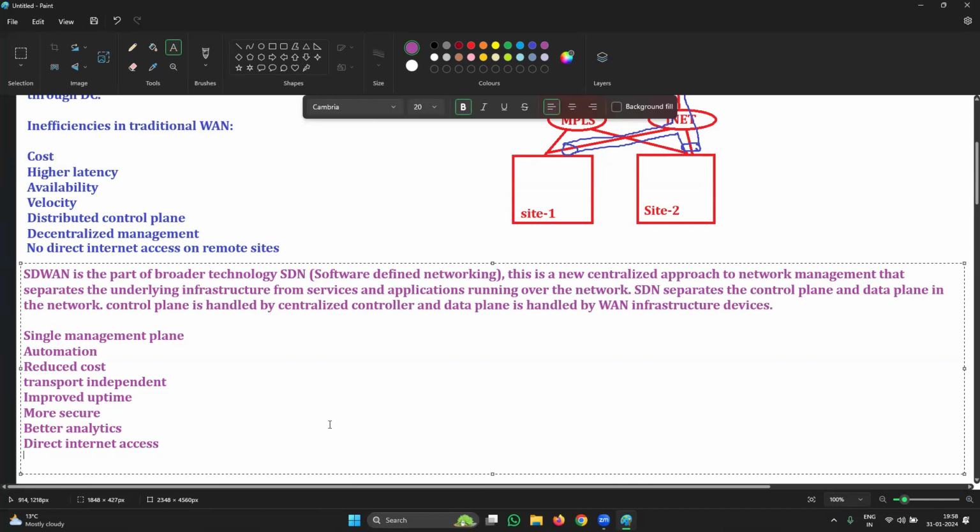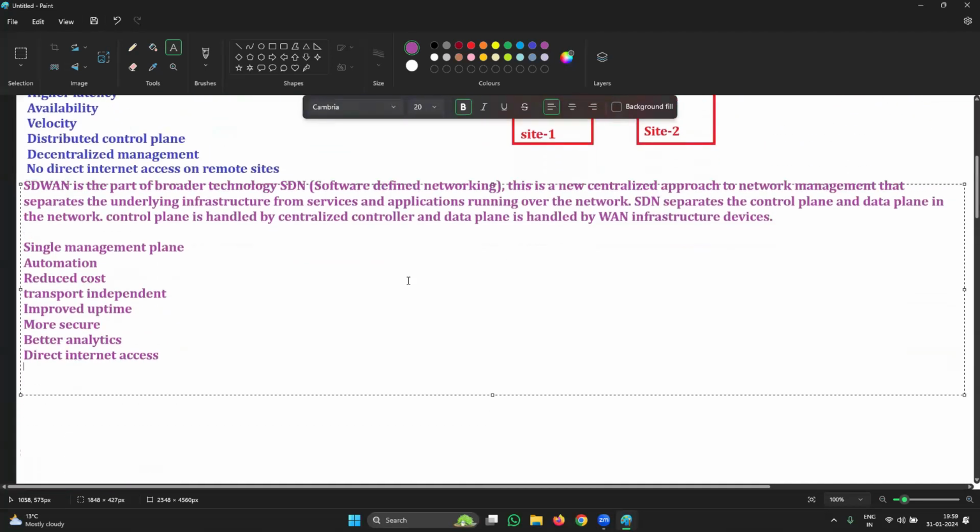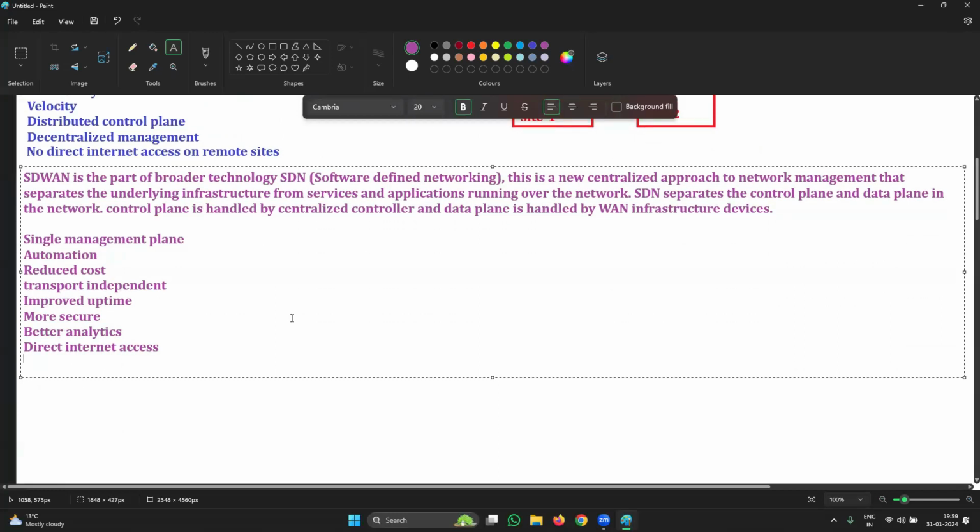However, having multiple different WAN transports attached to remote sites, if you want to use them in an active manner, requires more complex routing configuration. ओके। अब जैसे मान के चलो कि आपके पास दो ISP है, इंटरनेट कनेक्शंस है। ओके। यहाँ पे मान के चलो साइट 1 साइट 2 पे दो इंटरनेट कनेक्शंस हैं, और आप चाहते हो कि लोड बैलेंसिंग यहाँ पे परफॉर्म हो, दोनों इंटरनेट कनेक्शंस को आप एट द सेम टाइम यूज कर पाओ, तो फिर आपको कुछ एडवांस्ड राउटिंग कॉन्फ़िगरेशन यहाँ पे करनी पड़ेगी, राइट। ओके। And in traditional WAN, we were taking the forwarding decision on a router. We were taking the forwarding decision based on auxiliary information. जैसे मान के चलो कि IP एड्रेस।